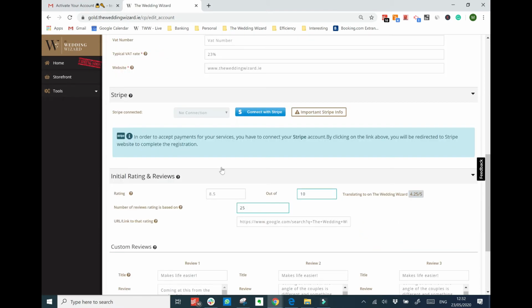Before moving on, there's one last piece, and that's Stripe. To join the Wedding Wizard Marketplace, you need to connect your Stripe account. More information on why Stripe is important can be found in this link. Again, just to reiterate, this is your Stripe account, so you can connect your existing Stripe account if you have one, or create a new one, which is very quick. All you need to do is click Connect with Stripe,